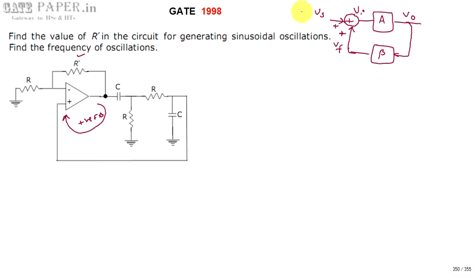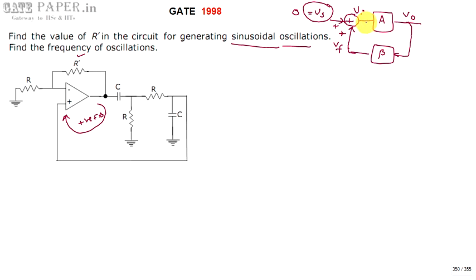Vs is nothing but the actual source signal. Sinusoidal oscillations are generated without any source signal, so Vs will be treated as 0, because the output will take the required frequency from the noise generated at the input nodes. So from the noise signal the sinusoidal oscillations are generated. As noise is a signal which consists of all frequencies, only at one particular frequency does it follow the required Barkhausen criteria.